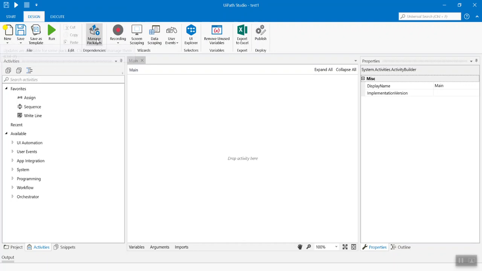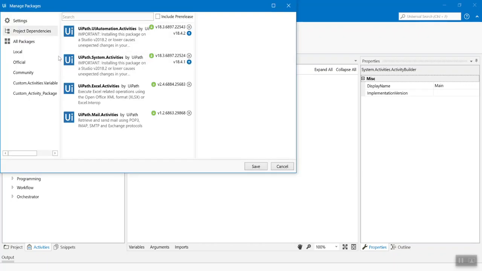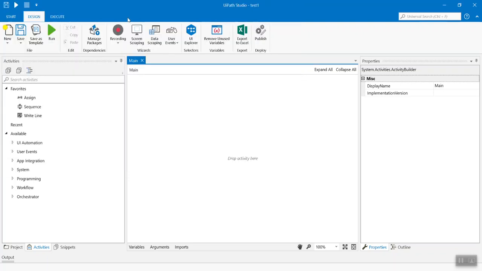Then we have manage packages, which you can use to install all the packages that UiPath might need or has or you want to install. Recording is to go to all the 4 recording modes that UiPath offers. Screen scraping is also one area which we'll see when we come to data scraping part or screen scraping part. Similar is data scraping, which is used when we want to extract some structured data from a web page. User events is when you want to add some events in the workflow which are user driven, like mouse click, mouse hover, and all those